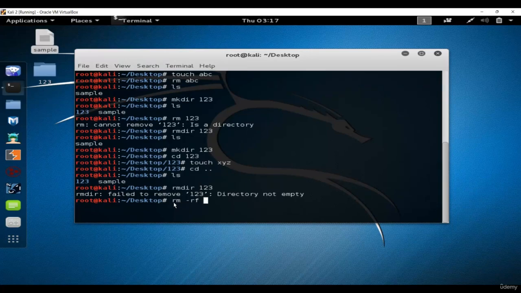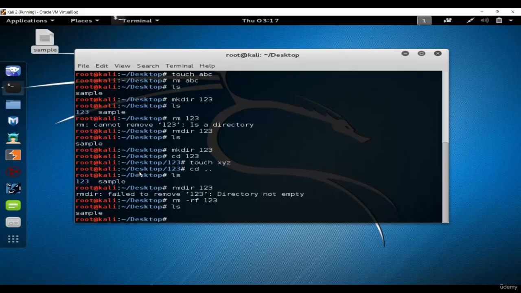Okay, so remove recursive forcefully, which means just forcefully remove any file or folder. It doesn't matter if that is a blank folder or maybe there's some data in that folder, that doesn't matter here. Okay, so we will use rm space -rf followed by the name of the folder, and you can see the folder is deleted, right?